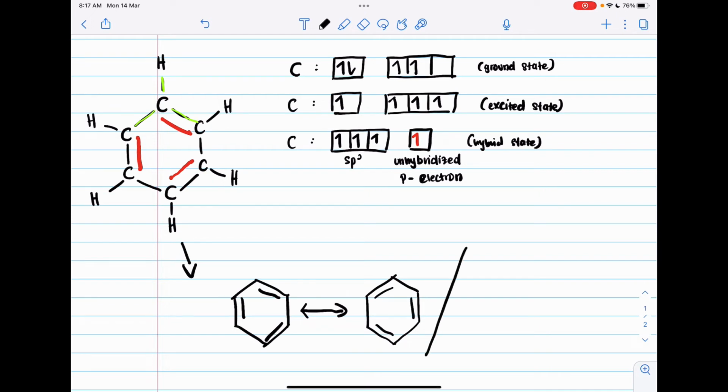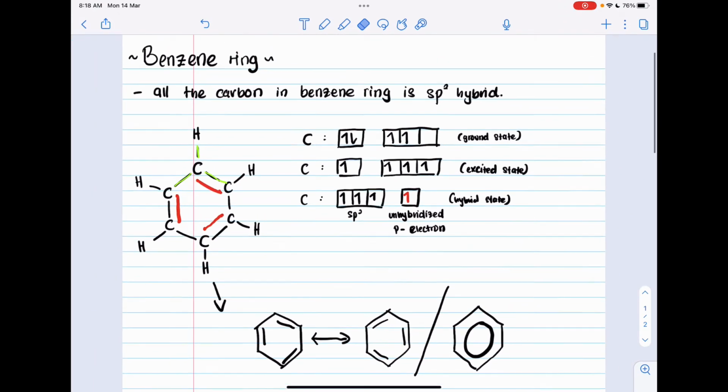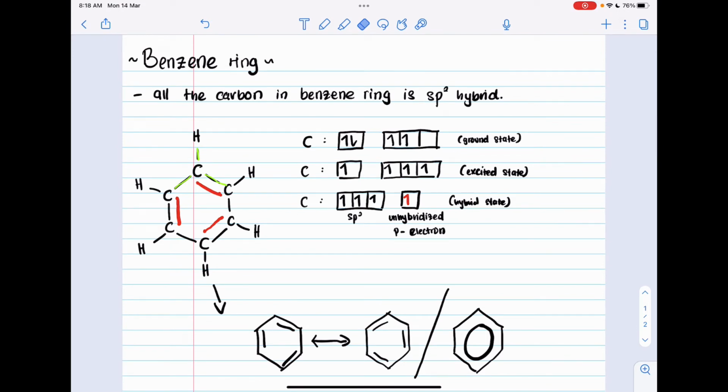Kemudian ada orang, Madam tak ingat siapa yang propose lukisan ini, bulat. So actually, this is what we said. The circle is representing the 6 pi electron. Okay. So this is the explanation why it is sp2 and why it has 6 unhybridized electrons. So I hope this explanation can make you understand why benzene ring is having sp2 hybrid and 6 unhybridized p